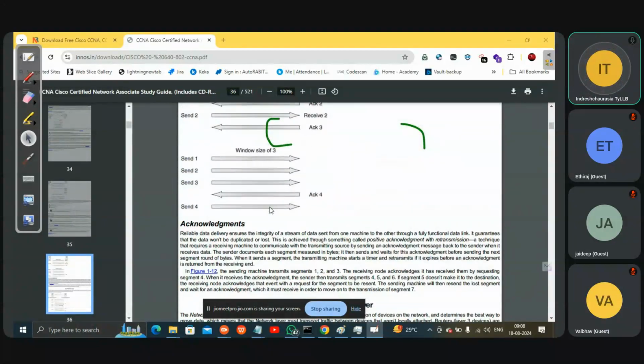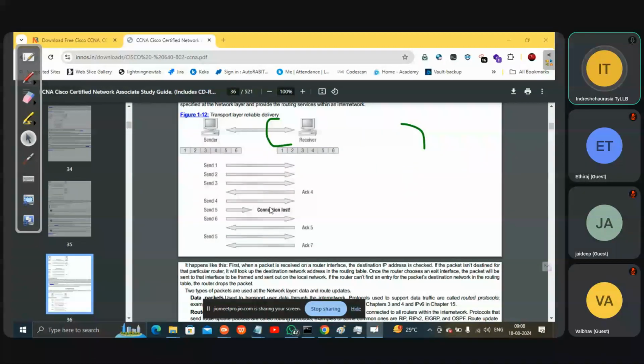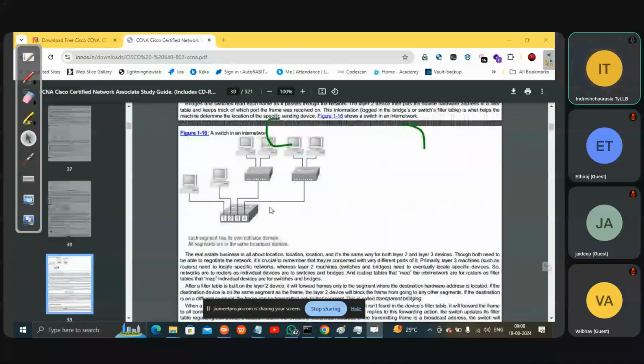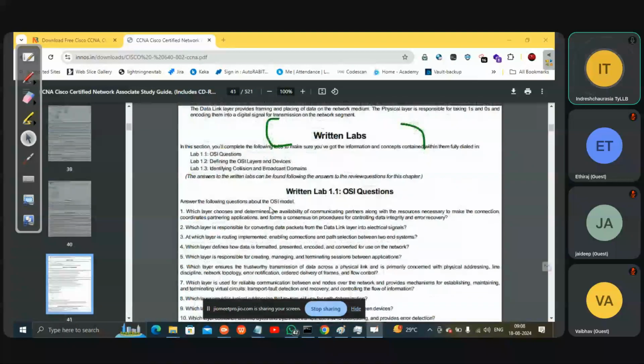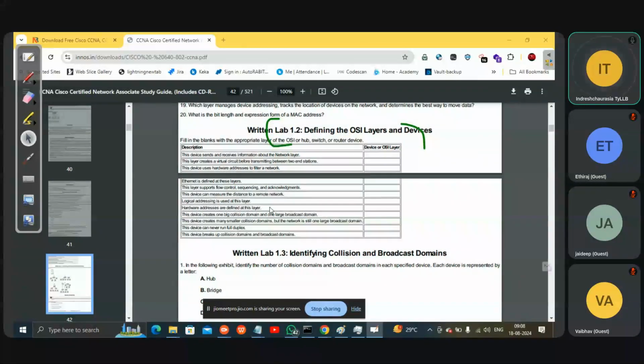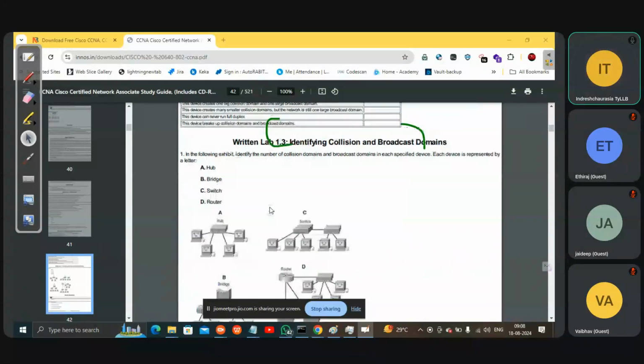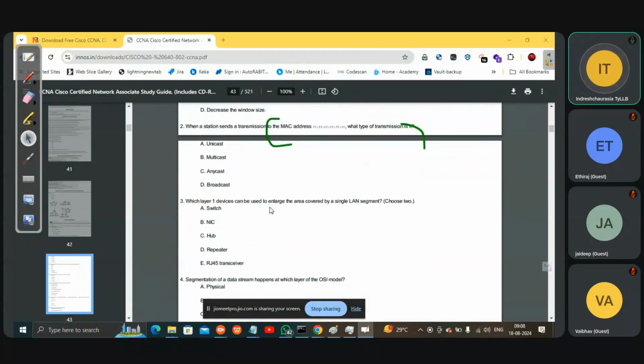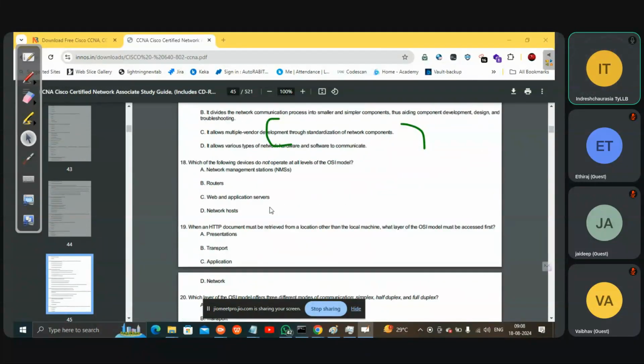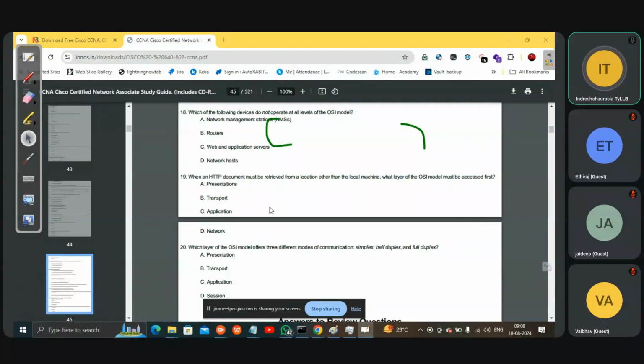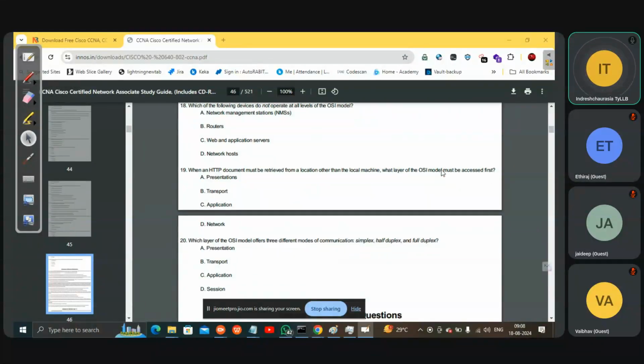So you don't need to open a video many times to see particular things. This is a book. Just study this complete book. Everything is given in detailed form. If you study, you will have doubts. If you have a doubt, you have a question, and then you can ask in the class. If you don't study, you don't get any questions, so you are just sitting idle in the class. Either you will ask in the class, or the people who study will ask beyond the class as well. Anytime they can ping me and ask the question, and I will solve their doubts. So this is the book.